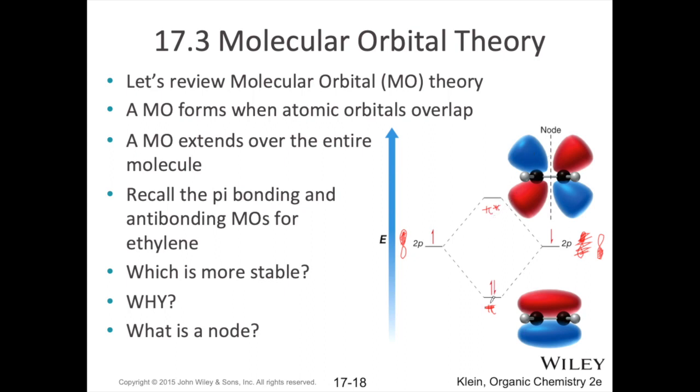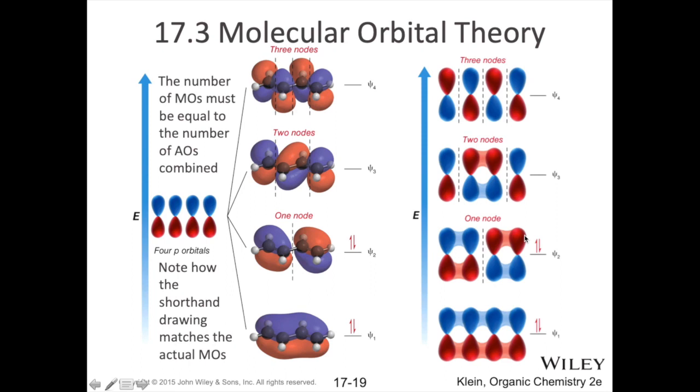Notice that our lowest energy orbital has no nodes, right? There's a complete overlap between everything. Everything's in the same phase. As you go higher one step in energy, you add one node. Okay, and we'll notice that trend as we start adding more and more carbons. So, let's try adding more and more carbons. Let's say we had